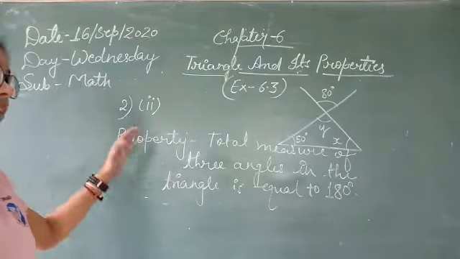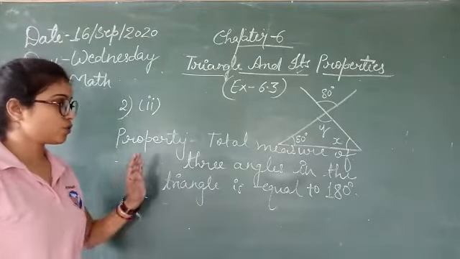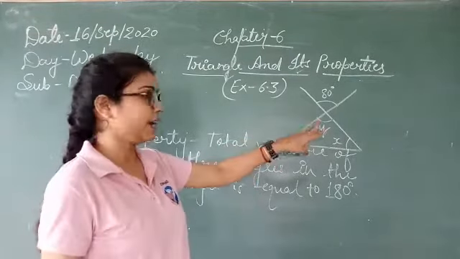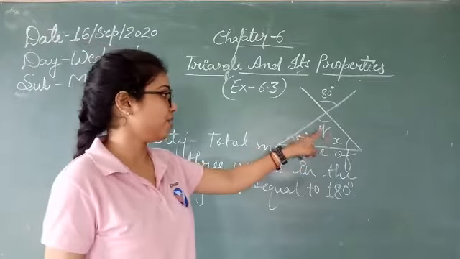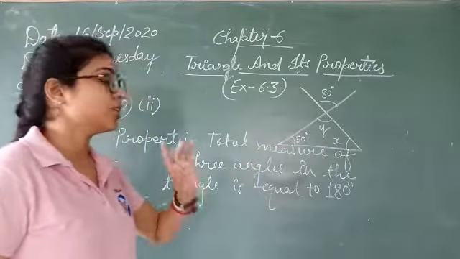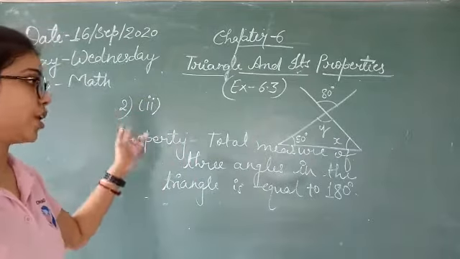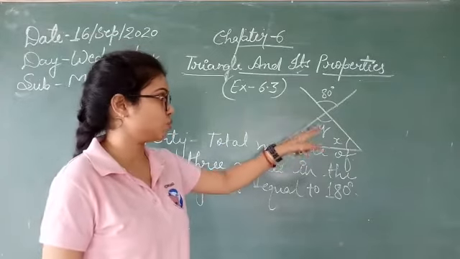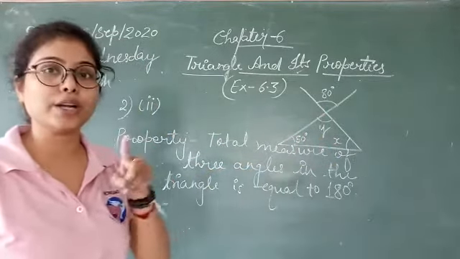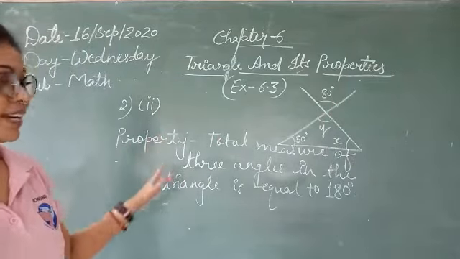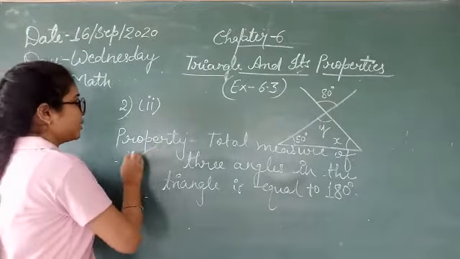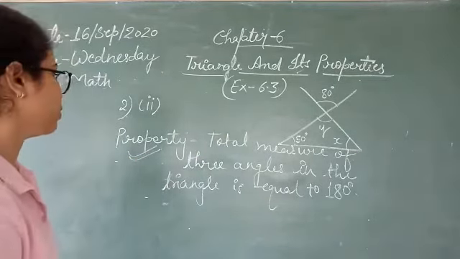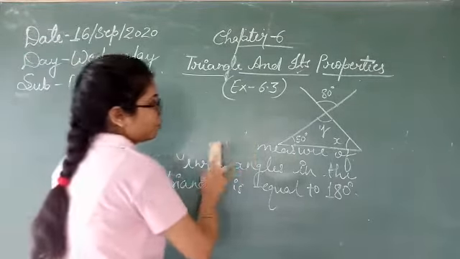You are listening to this from class 5, I think. So what is this property saying? We know that in a triangle three angles form. Here you can see angle y, angle x and angle 50 degree. So the sum of all these three angles in the triangle will be equal to 180 degree. That means 50 degree plus y plus x is equal to 180 degree. So this exercise is based on this property only. We have to use this property and then we will find the value of x and y. I am erasing the property because I have to do the solution.